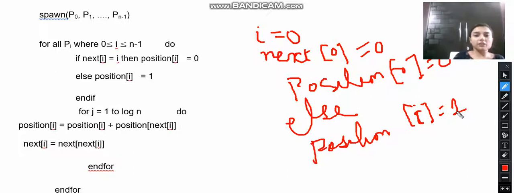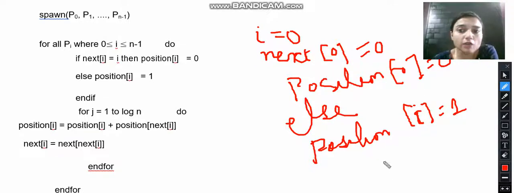अगर आपका वो लास्ट नोड है लिंक लिस्ट का तो उसको आप 0 असाइन करेंगे. आपको कैसे पता चल रहा है कि वो लास्ट नोड है? अगर उसके नेक्स्ट में कुछ भी स्टोर नहीं किया गया है, if it contains the value 0, it means it is a last node. और अगर उसके नेक्स्ट में दूसरे एलिमेंट का एड्रेस स्टोर है तो yes, we have to assign a value 1.